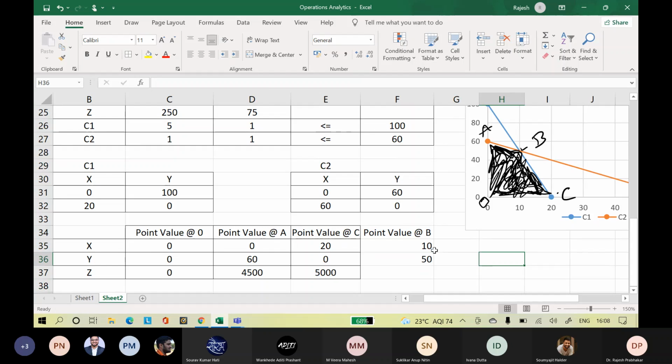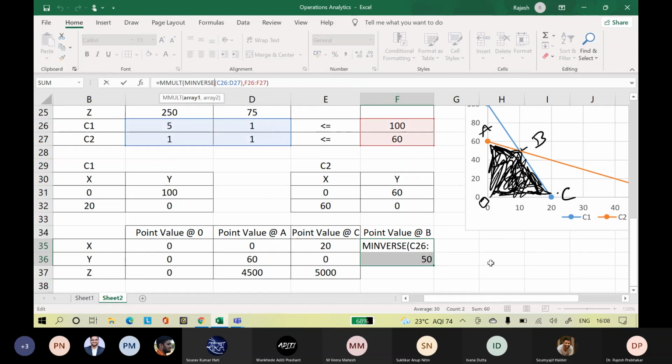So this is the formula. First you select 2 empty cells, then enter the formula as equal to MMULT, open bracket, MINVERSE, open bracket, C6 colon C7 are the constraints, 5, 1 and 1, 1, close bracket, comma, then the constraint values, 160. By multiplying these two, you will get 10 and 50. Do not press enter, you have to press control plus shift plus enter.